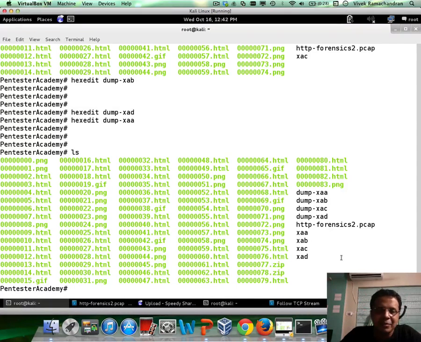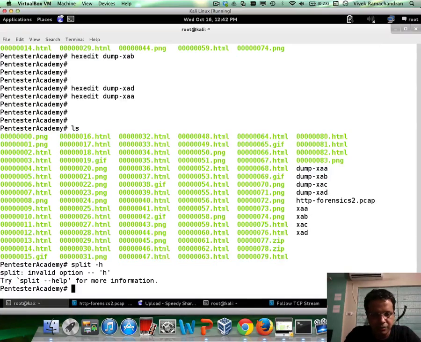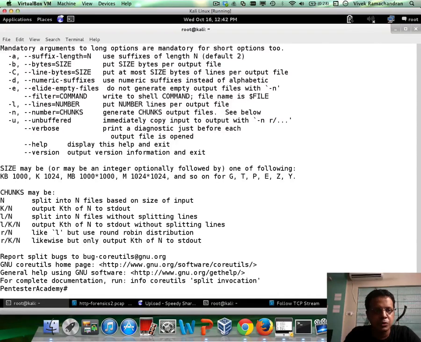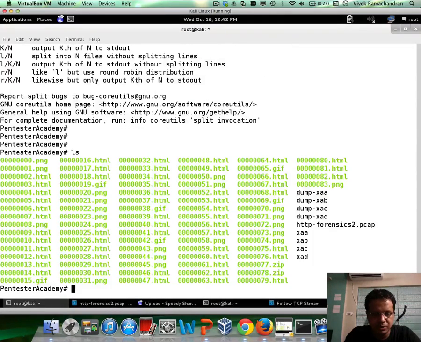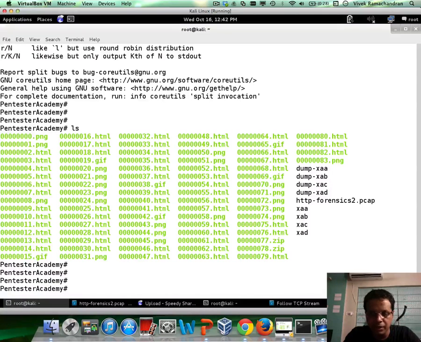Now interestingly, people who've used a bit of Linux will immediately identify that these seem to be in a formation which typically is created when you use the split utility on Linux, right? So when you use split with the number of chunks, this is typically how it would look. To give you an example, I could do a quick split of the http forensics.pcap file and give the number of chunks to be, let's say,